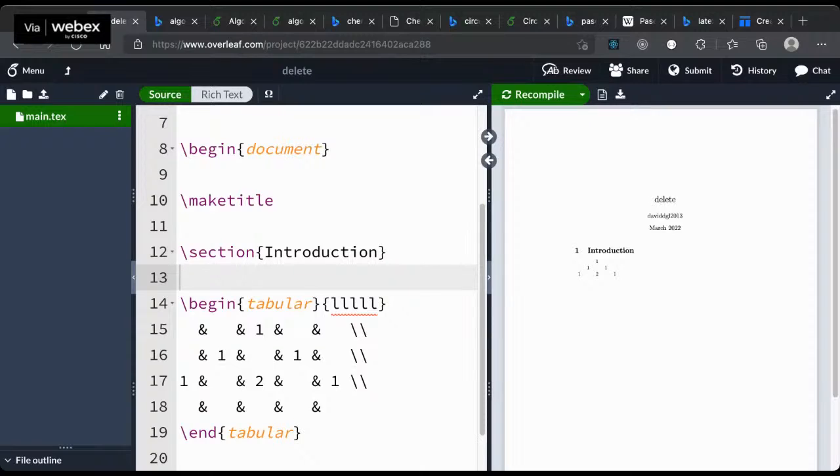Sir, a question is coming to the chat box. Okay, I received that one. If the equation is too long, how can we break this mathematical equation? One thing is you have to manually think of where you can break the equation. LaTeX won't break the equations, so we have to manually break. Say after a plus or after a minus, you have to break the equation, or otherwise you can minimize the size